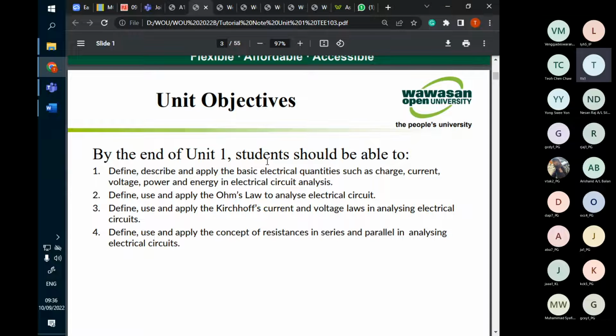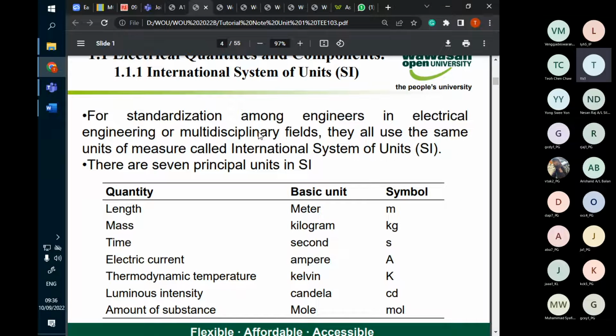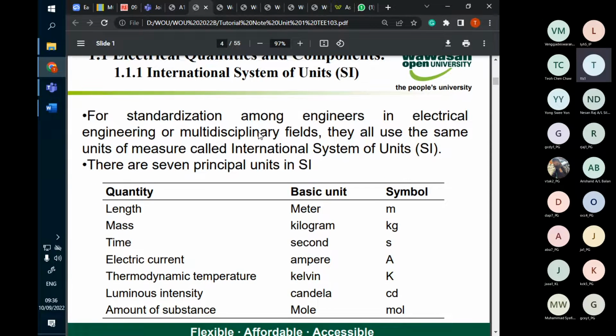Just like math, you need to go through the calculation, analysis, and then solve for all the unknowns. Sometimes it's quite burning a few brain cells. Okay, let's get started right now. Let's move on. So what you see here is talking about the units. I will not go into detail. Some of the units I think you are really familiar